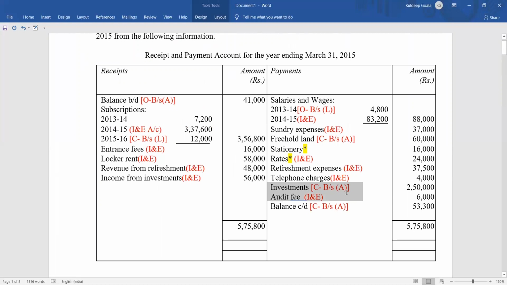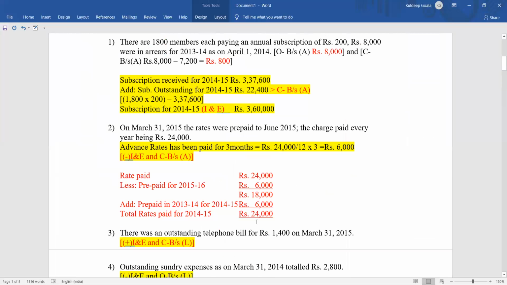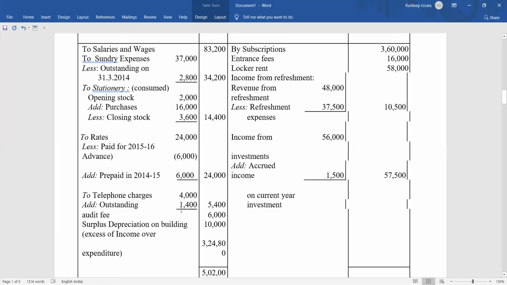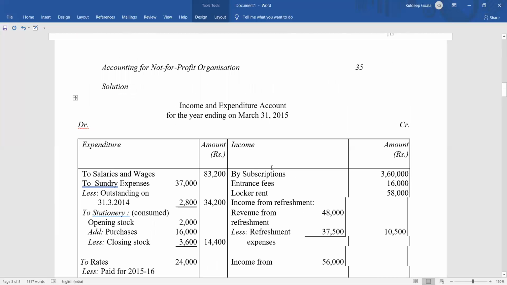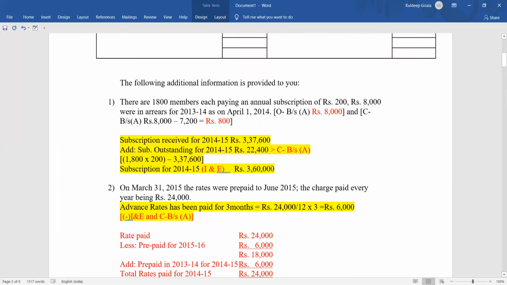Investment will be going in the closing balance sheet. Next, the audit fees. Audit fees of how much? 6,000. So there's no adjustment in that. So directly it will come as to audit fees, 6,000 rupees. Okay. Now we will go for the adjustment and see whether there is anything from the payment side